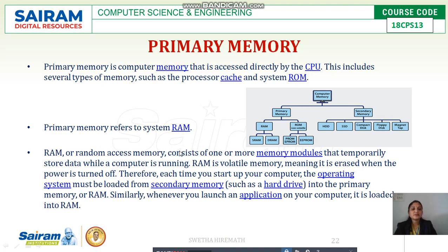RAM, or random access memory, consists of one or more memory modules that temporarily store data while a computer is running. RAM is volatile memory, meaning it can be erased when the power is turned off. Therefore, each time you start up your computer, the operating system must be loaded from